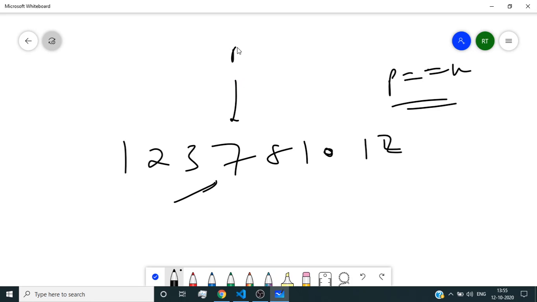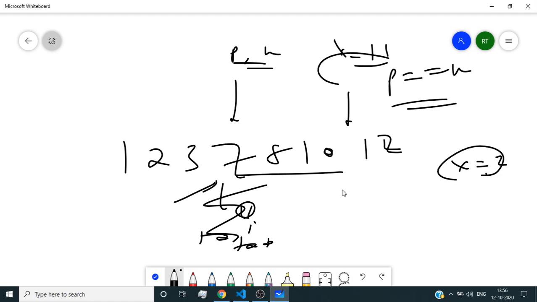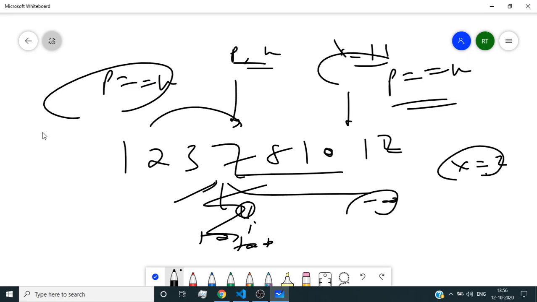Let's say our p is also this and our k is also this, and our desired x is equal to, let's say, 11. So if our desired result is equal to 11, I would just push minus infinity. First I would push 11, and then I would push minus infinity until that 11 arrives here. Similarly, let's say our desired result is equal to 2, then I'd push minus infinity here until that 2 comes here. So in p is equal to k, the answer always exists, and we would just use those two for loops that we had discussed earlier, and we would be able to get our result.